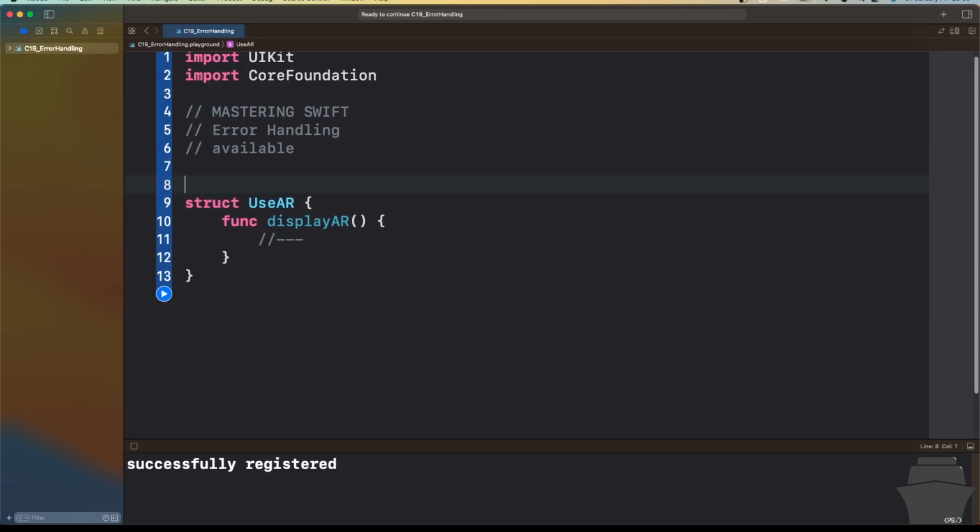To do that, at the top of the struct, we're going to add available and open parentheses, and inside the parentheses I will mention the iOS version, which is 11, put a comma, and then I will use an asterisk. The asterisk represents future versions, so we don't need to specify each version above iOS 11. The asterisk will do that for us. We also need to check the device version